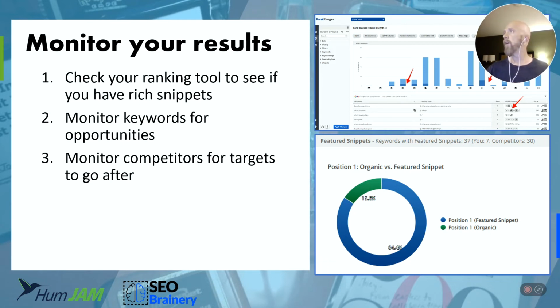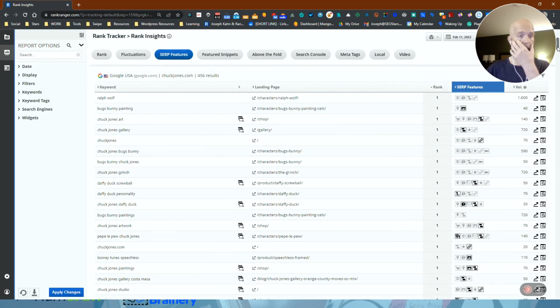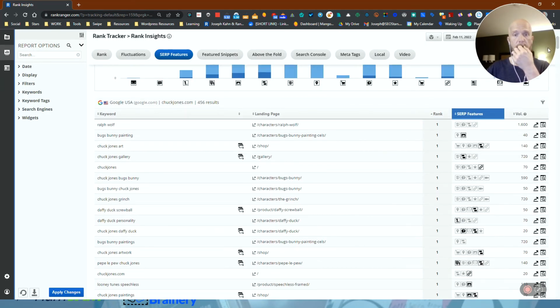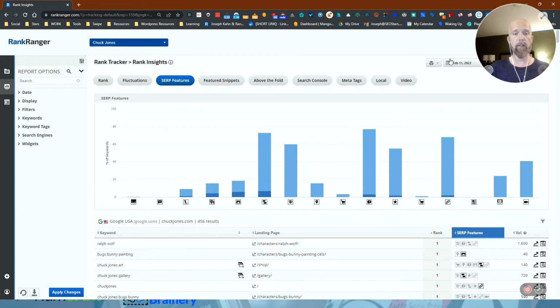So let me throw that over onto the screen here. And this is kind of when you're looking at SERP features here. So if I'm looking around, I'm seeing the keywords that we're ranking for. And that's another key, is that you have a better chance at getting a SERP feature or a rich snippet on anything that you're already ranking #1 for, or at least on the first page of the SERP. So any pages or keywords that you're on the first page of the SERPs, this will show me what those targets are. So I'm looking here and going,